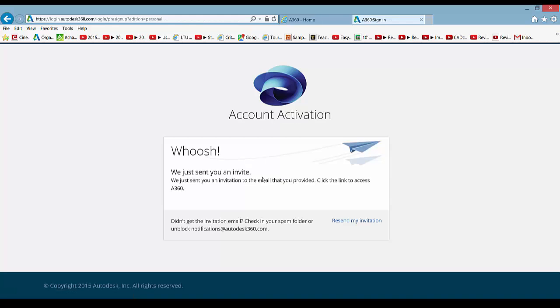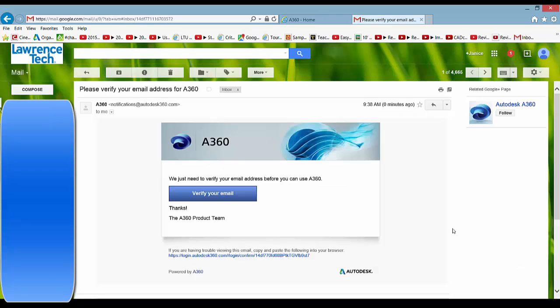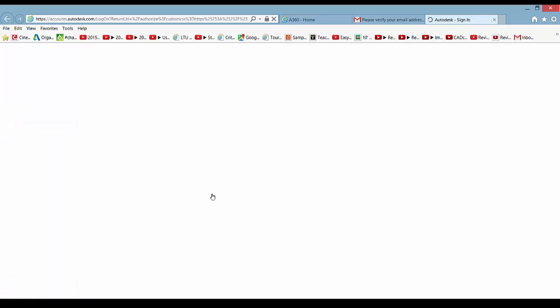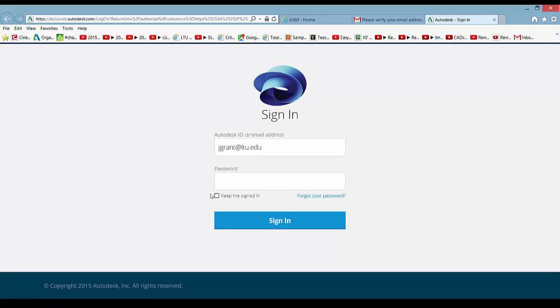So once you get that email, you can click here, verify email. Now, some of you may go straight into it once you type in your password, the ID and password that you created to log in. If you put a check mark in I agree to the terms and pick continue, you might go straight in,